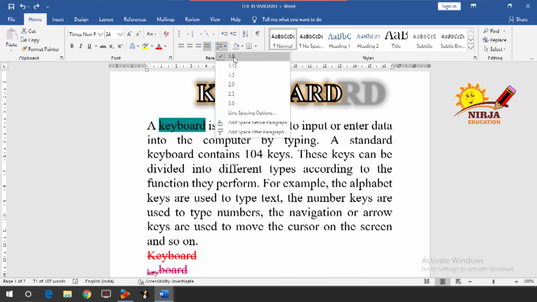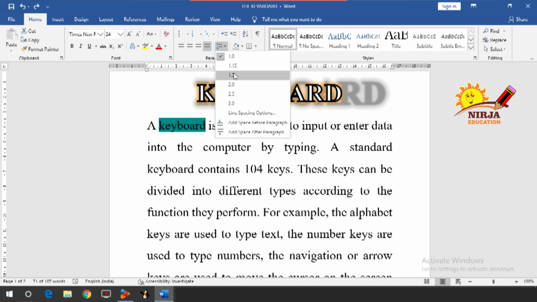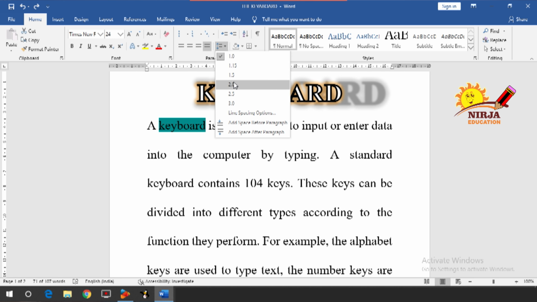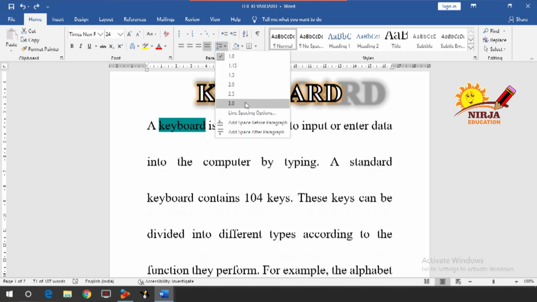If you go for 1, it will stay as it is, then 1.15 will increase the space between two lines, 1.5, 2, 2.5, 3. As you can see the difference, right? So according to your document requirement, you can choose your line spacing.